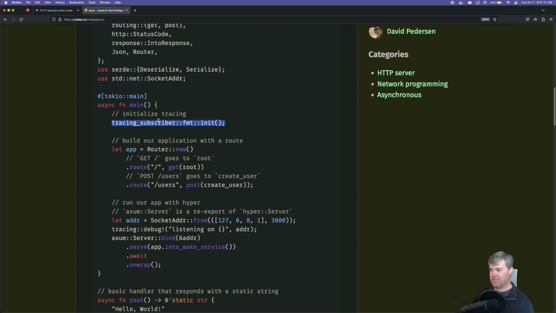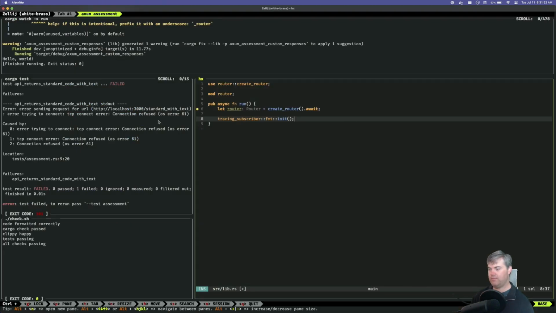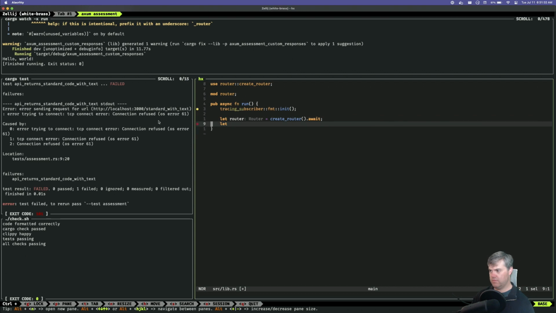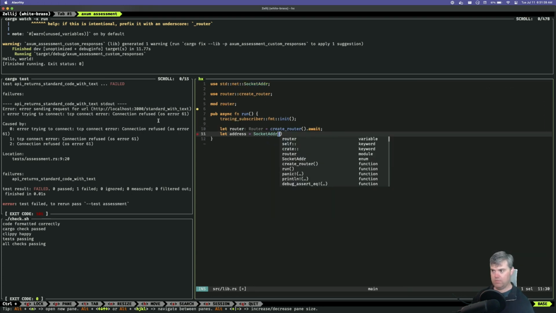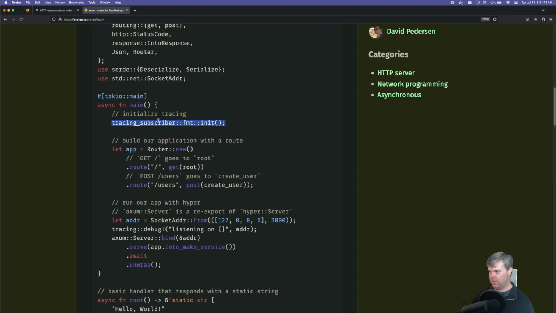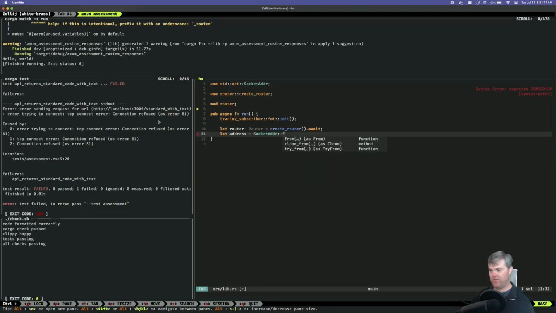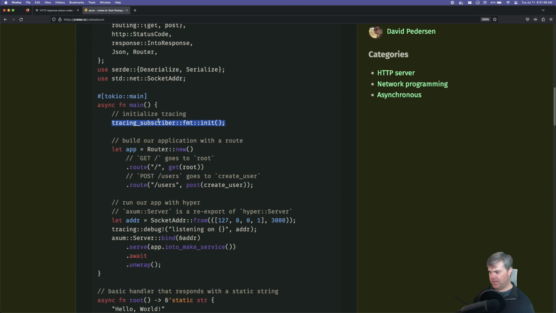Then next up is the socket address. I think I need to put this at the top. Socket address from, and then you take in a tuple, which has an array and then the port in it.